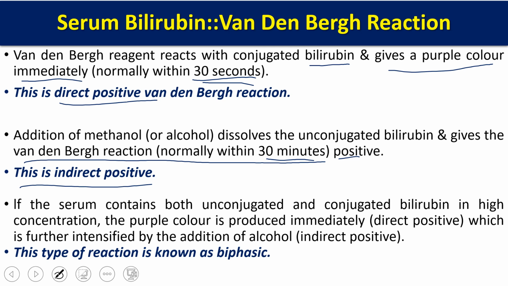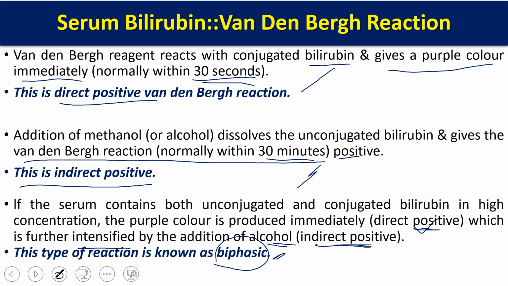If the serum contains both unconjugated and conjugated bilirubin in high concentration, the purple color is produced immediately. That is because of the direct reaction, which is further intensified, meaning the color becomes deeper, by the addition of alcohol or methanol, that is indirect. So we have direct also, indirect also. This is called a biphasic reaction. So if we have only direct reaction, we have only conjugated bilirubin. If we have only indirect reaction, we have only unconjugated bilirubin. If we have a biphasic reaction, we have both